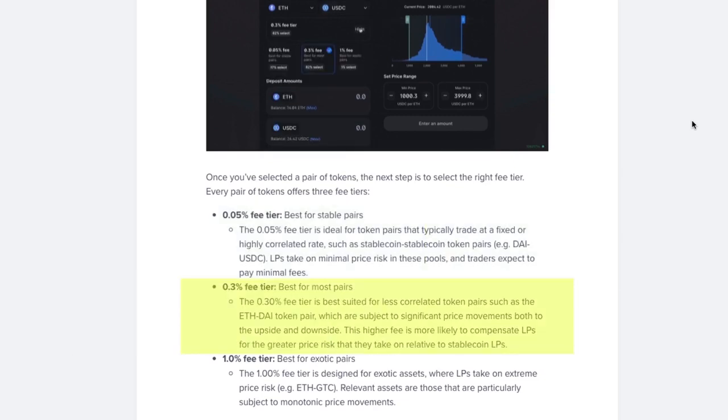Next is the 0.3 fee tier. This is best for most pairs. The 0.30 fee tier is best suited for less concentrated token pairs such as the ETH DAI token pair, which are subject to significant price movements both on the upside and to the downside. The higher fee is more likely to compensate liquidity providers for the greater price risk that they take on relative